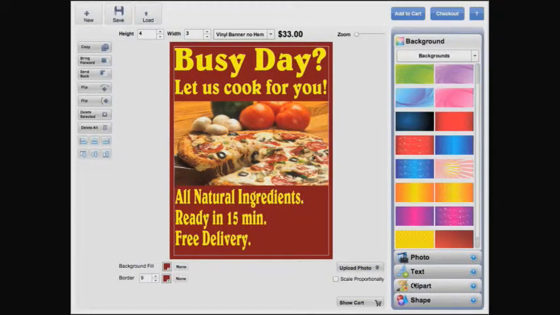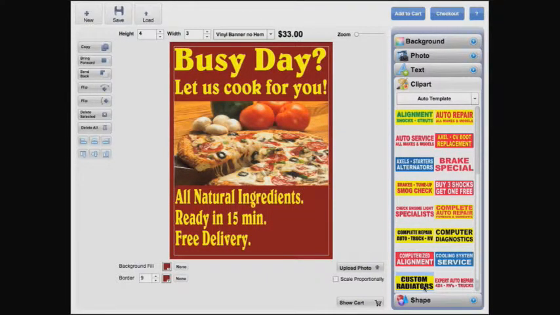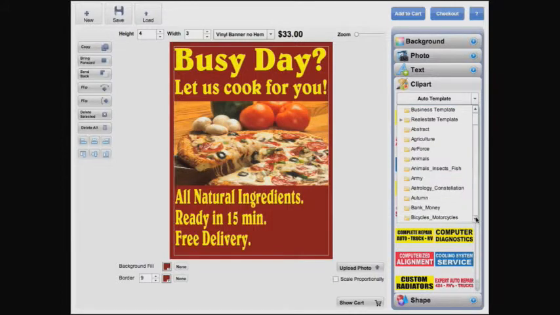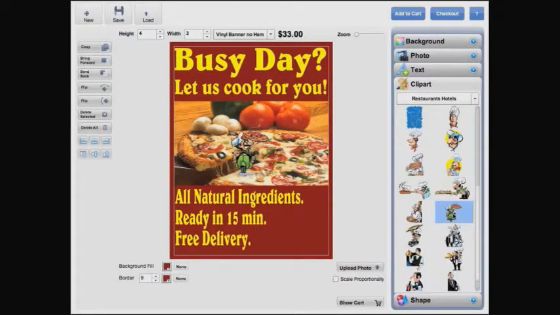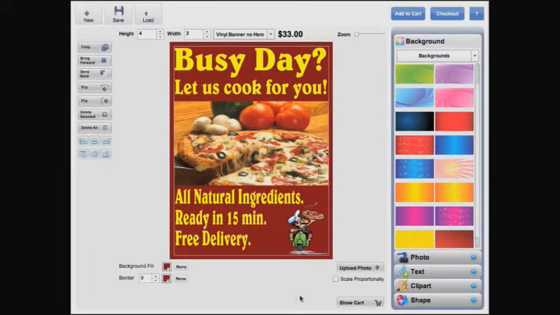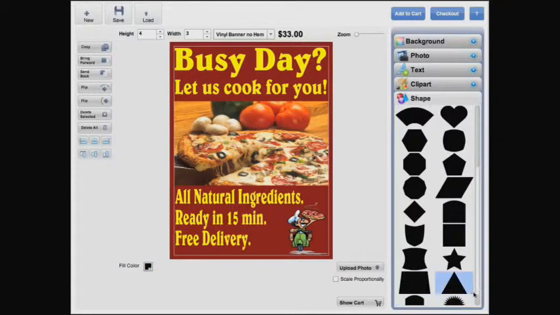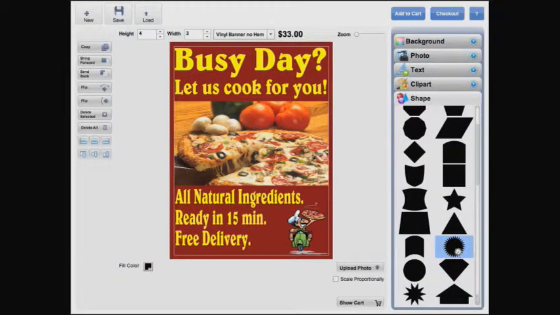To add clip art, click on the Clip Art option at the right of the screen. We'll choose the Restaurants and Hotels category of clip art and select the image of a chef delivering a pizza. The clip art image gets added to the banner and it can be manipulated just as the pizza photo and text were. We'll now add a badge on top of the pizza image, and to do so, we'll start by